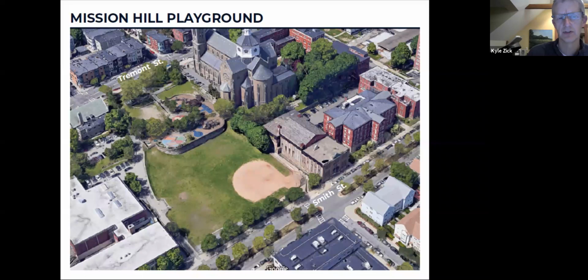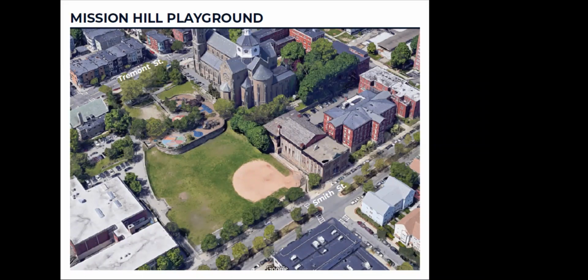Cindy, I'm wondering if you could describe that space a little bit more so we know exactly where you're talking about. It's the dirt patch that is leading down along the stairs from Tremont Street. And that passive area, there's a set of stairs that go down. Yep. And it's to the left of those stairs if you're going up to Tremont Street. So that's exactly where you have the pointer.